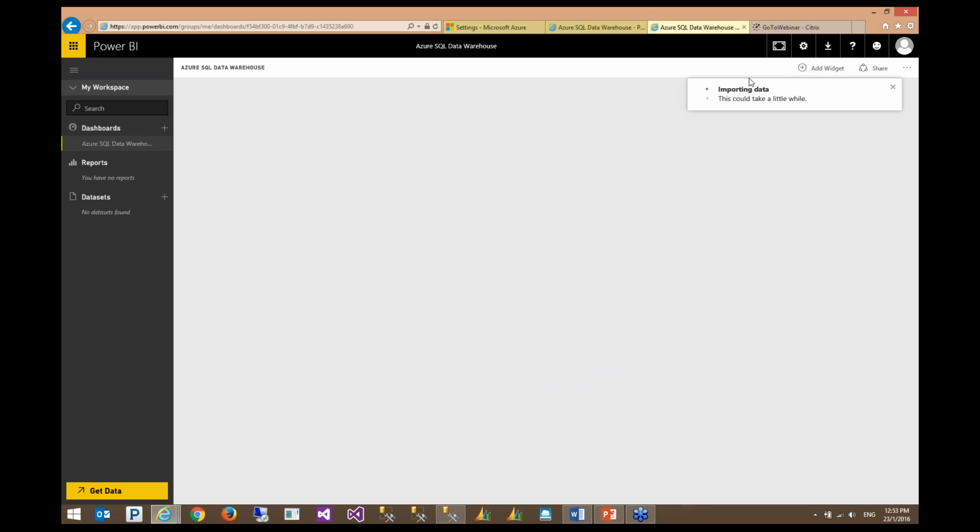It is saying importing data, but it is not actually importing any data because it is direct querying the dataset. So whatever we do in here, we are actually hitting the database directly. So what is loaded here into the dataset is the database structure.